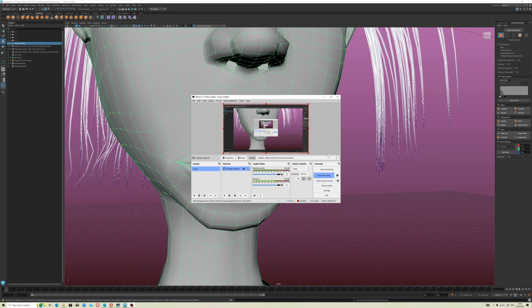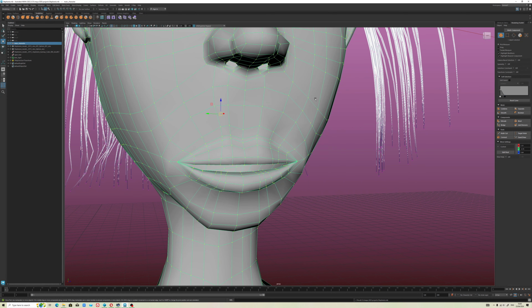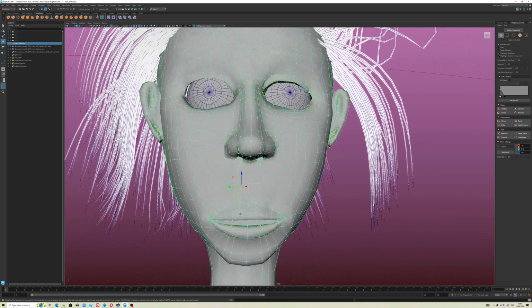Hello people, I wanted to show you how to enable topology mirror in Maya. For example, if you move this vertex, this will automatically move. And you can use as well soft selection,